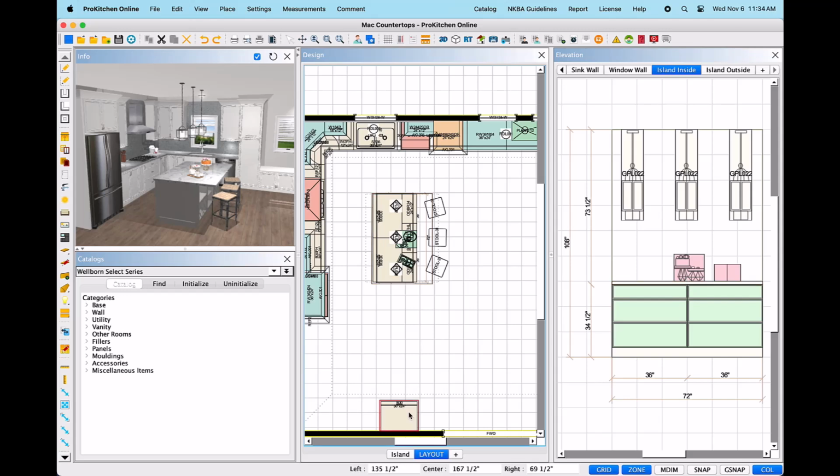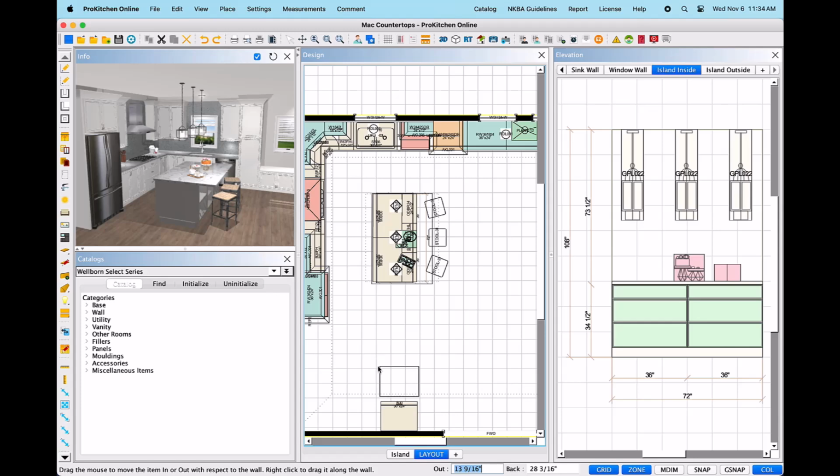The In-Out tool is also only available to select within the plan view. This tool will allow you to move the countertop either forward or backward in relation to the wall zone in which it is placed. You may manually move the countertop in or out with the mouse and left-click to place. Or you may take your hand off the mouse and utilize the Out or Back fields at the bottom of